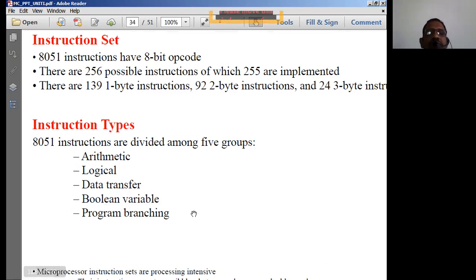The rest are exactly the same as the instruction types used in the 8086 microprocessor, or for that matter any microprocessor based system. Okay. So let us go through some of them now.